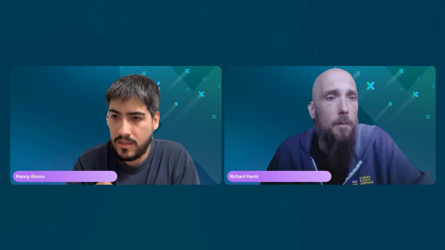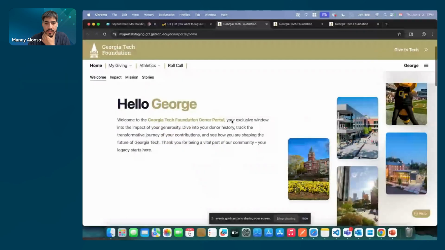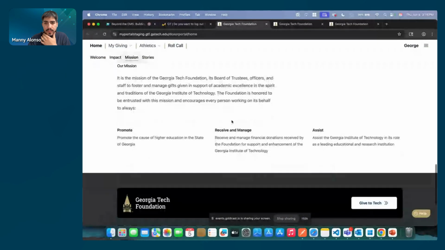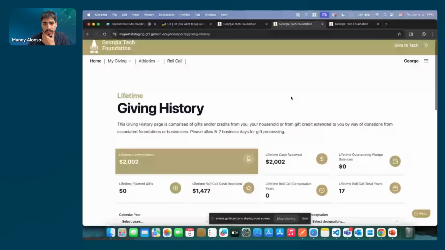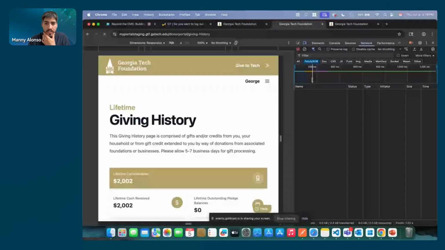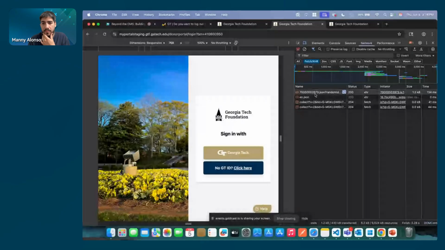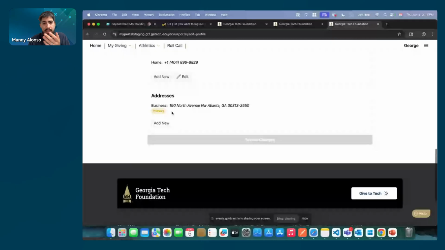Do you have an example you can share where this technology was utilized? Sure, I can share my screen real quick. This is our Donor Portal. Can everybody see that? This is all built with React. This is our giving history page. This is all React, and this is all pulling data from CRM. It uses that client request handler that I was talking about earlier. This is our edit profile form, it pulls in data, we can edit, we can add new things, and it just pushes it back into a batch.